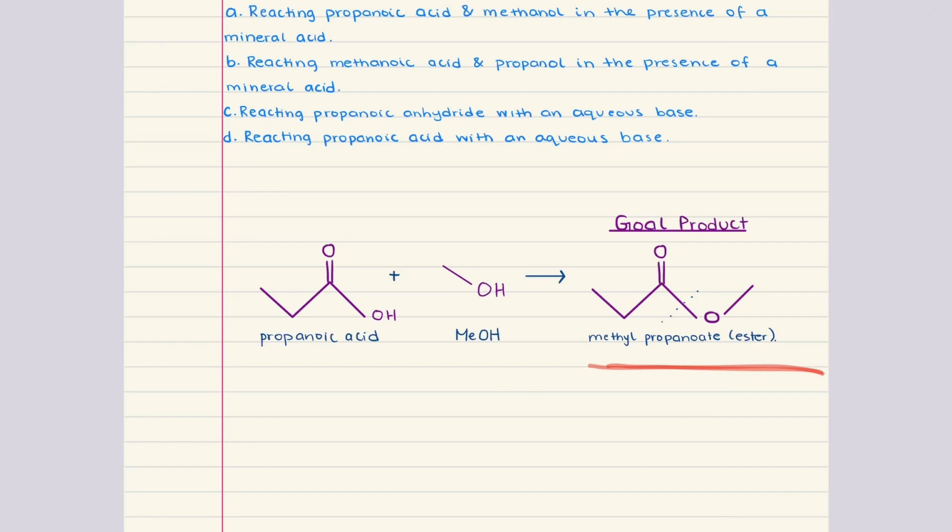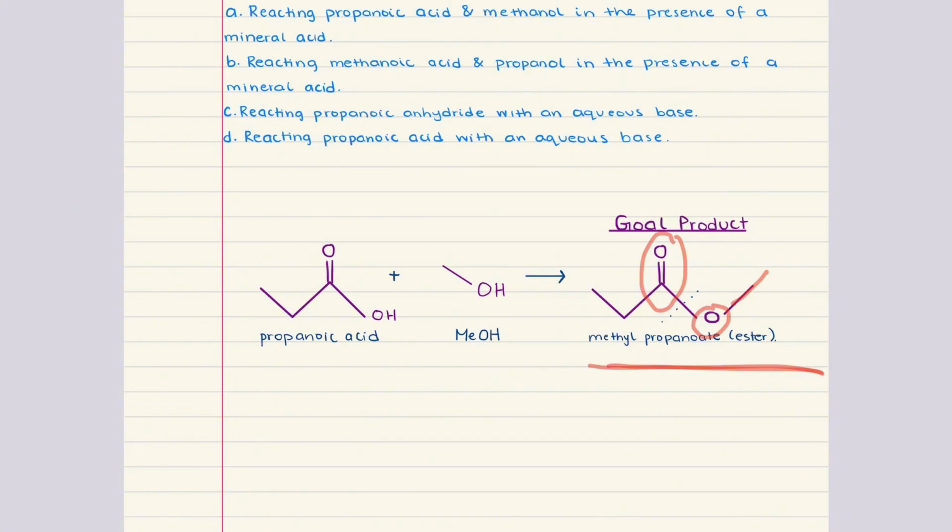This molecule, you'll notice, is an ester, meaning it contains a carbonyl group directly bonded to an oxygen atom, which is in turn bonded to a carbon chain. Once we recognize that the goal is to produce an ester, we should recall how esters are made. Esters are typically made by reacting a carboxylic acid with an alcohol under acidic conditions, and this is a process